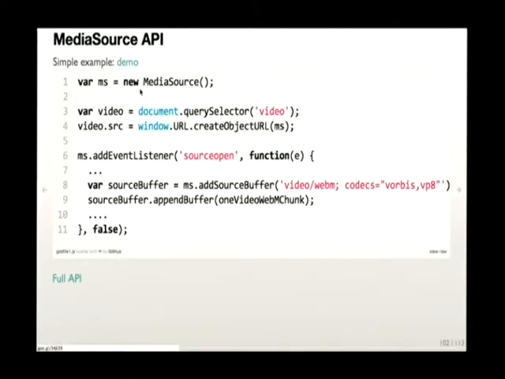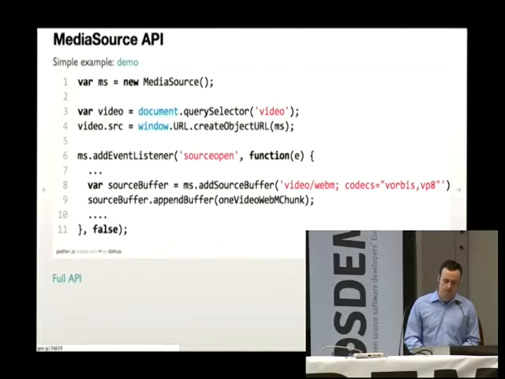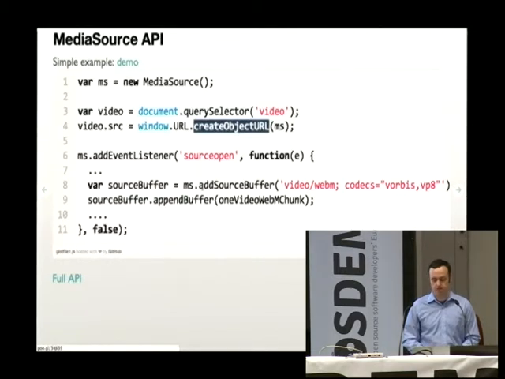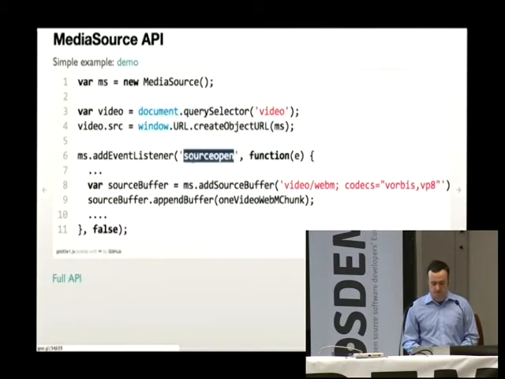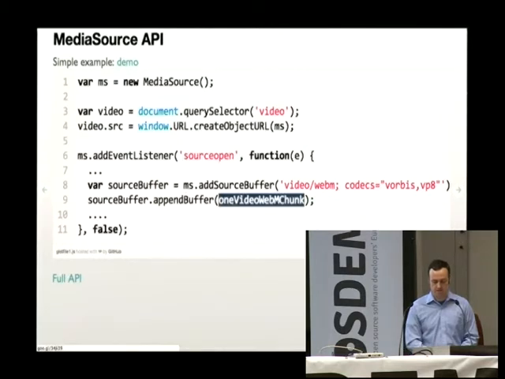First, we'll look really quickly at the mediaSource API. This is just your basic example. You create a new media source, and then you create a new video tag, and then you just set the source to an object URL, which is the media source object that you've created. Very, very straightforward. You add a source open event, and then you're able to append a buffer. And what's neat about it is that you can append this data from any source that you grab it.